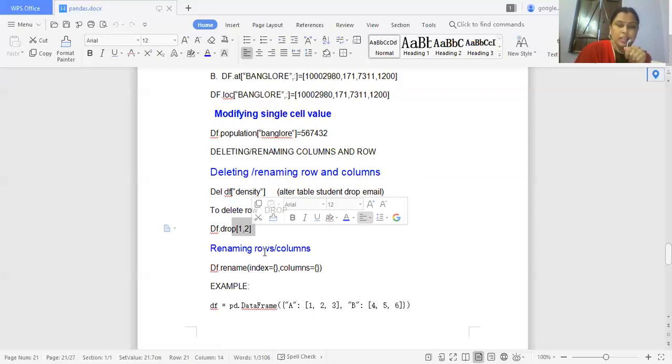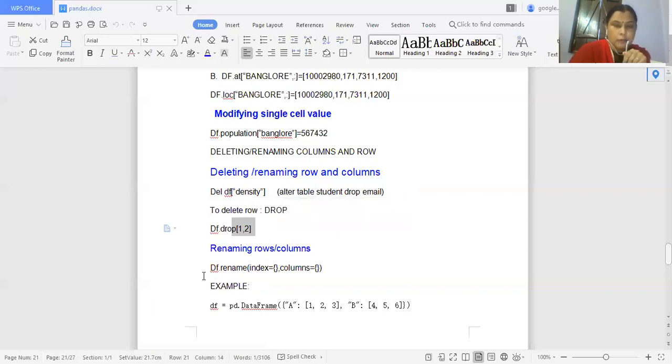If we pass 1 colon 2, rows 1 and 2 of the data frame will be removed. So for removing a row from a data frame, we use the drop function: the name of the data frame, dot drop, and under the square brackets the index number of the row.